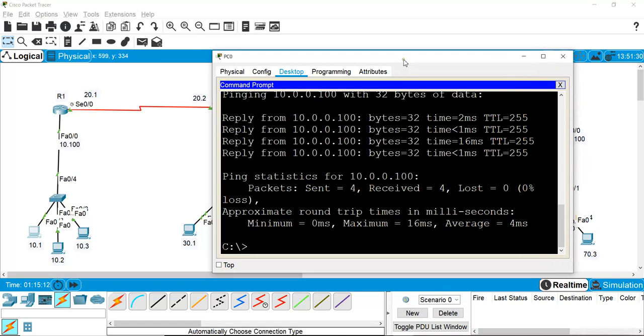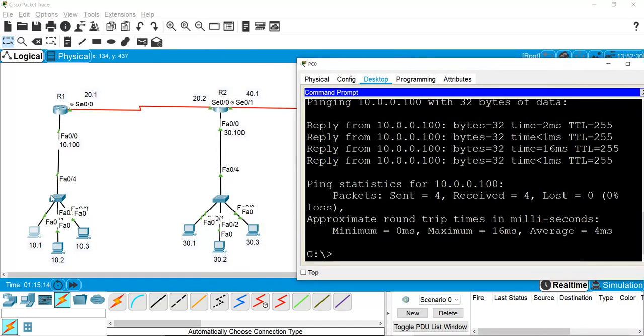Now all these machines are connected together, and these machines are also connected to the router. They are getting the reply from their router interface, which is 10.0.0.100. And router 1 is also connected to router 2 from this serial port, and we are getting the reply from this 20.0.0.2 IP. Now I want to check whether this 10.0.0.1 machine can ping 30.0.0.1.